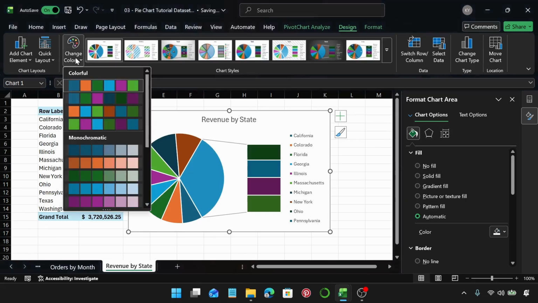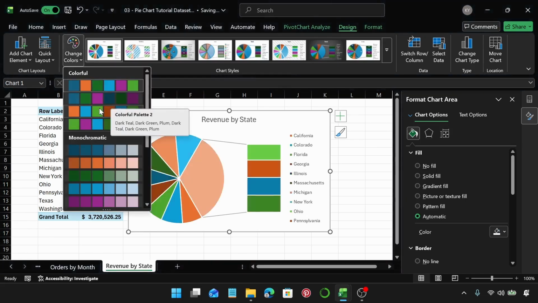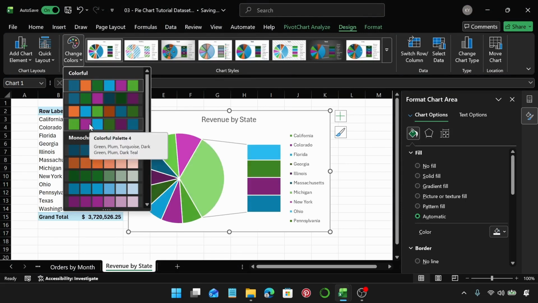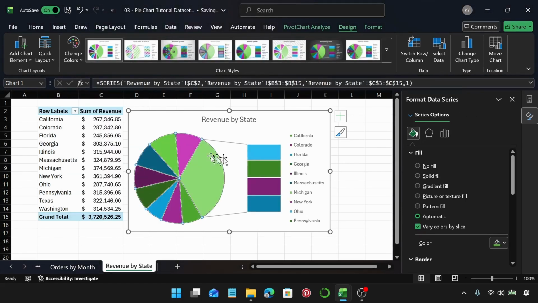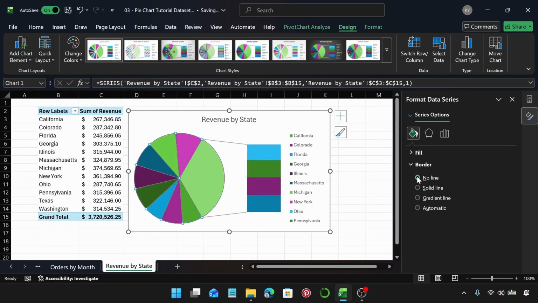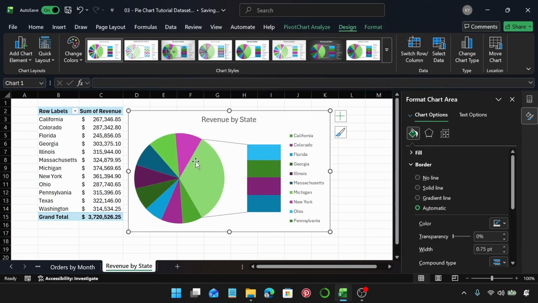But I want to maybe pick a different color scheme. So let me pick something else. Let me use this one instead. So I'll select that. I'm not going to change the field. What I will remove is this border. So once again, we can use